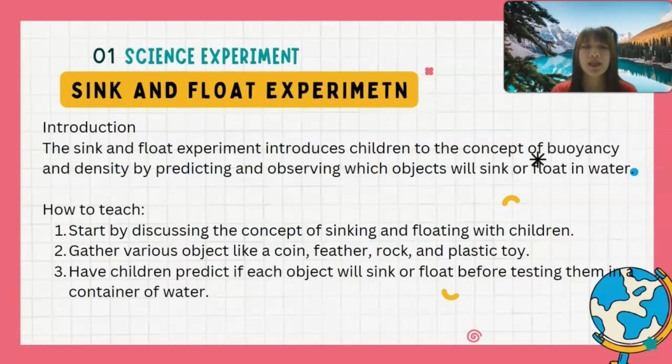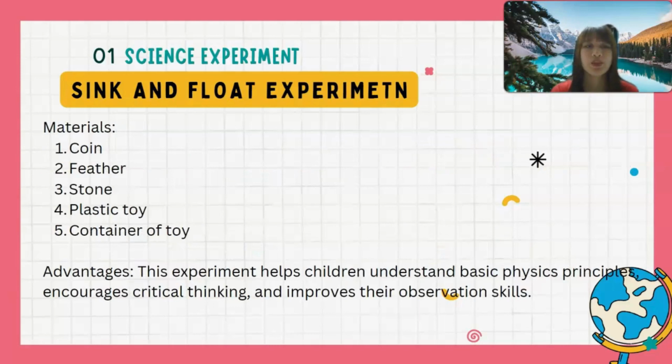First, start by discussing the concept of sinking and floating with children. Second, gather various objects like a coin, feather, rock, and plastic. And third, have children predict if each object will sink or float before testing them in a container of water. The materials are: first, a coin; second, a feather; third, a stone; fourth, plastic; and the last one is a container